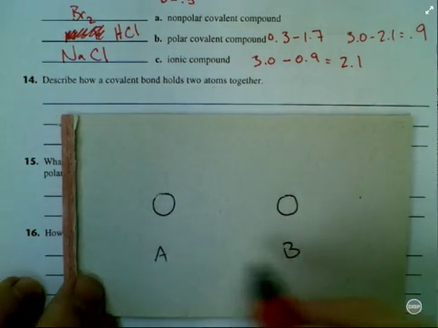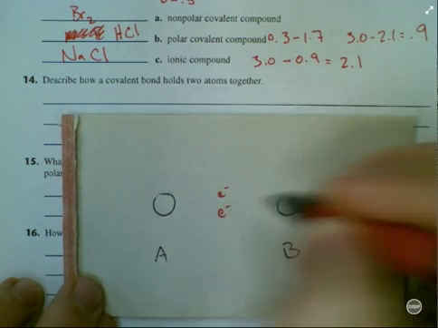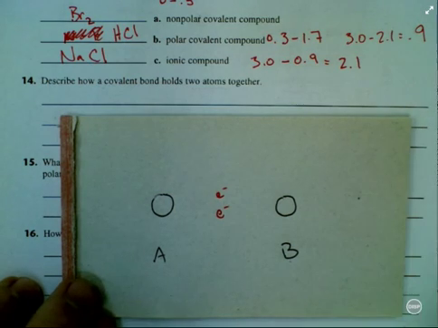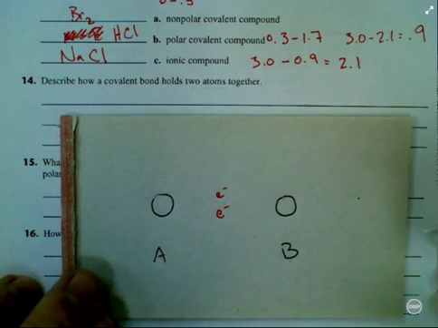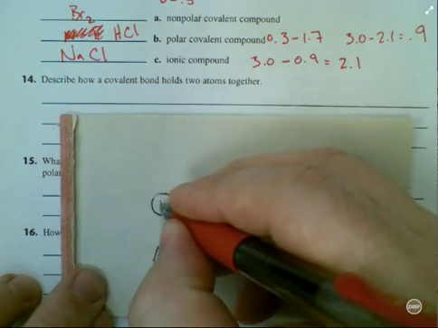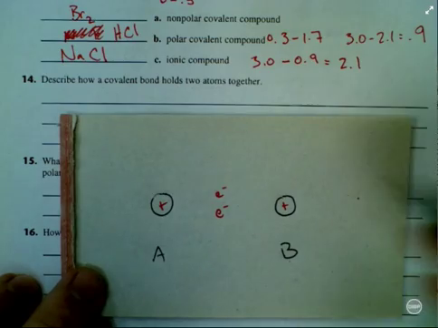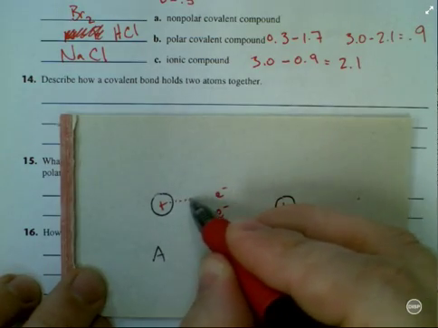So here are two atoms, A and B. A covalent bond is going to exist when we have two electrons shared between the two atoms. Now there's going to be an electrostatic attraction here. That's what a chemical bond is, a mutual electrical attraction. We need to remember that present in each of these atoms is a positively charged nucleus. And so there is going to be an attraction